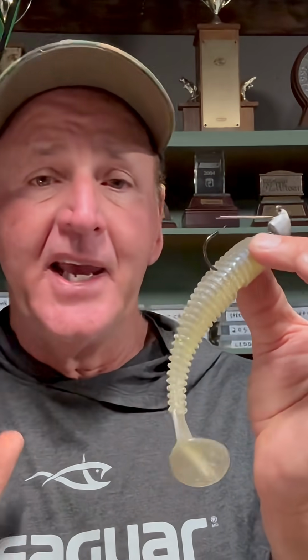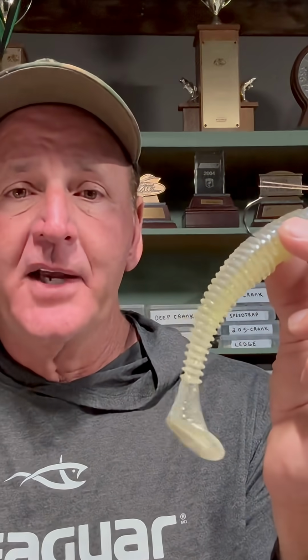Now guys, this is an excellent bait to fish as a mop-up lure if you're fishing some type of deep structure. So guys, let's say for example, you got a drop off or a ledge that's got some fish on it or out off the end of a point, and you're catching them deep cranking or dragging a football head jig or throwing a big worm. Try this sucker, guys. Put the big 7-inch Kitech on there,